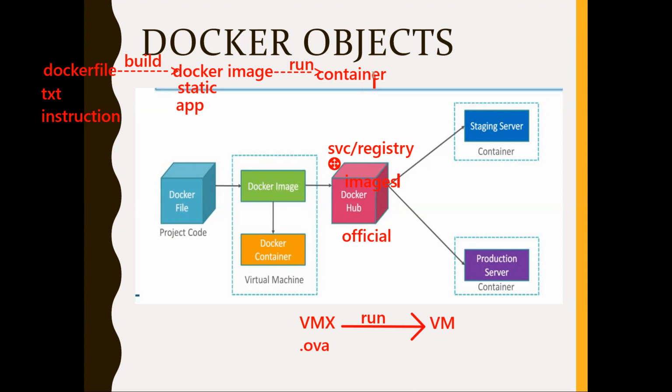Got it, all of you? So this is the formula you have to remember. From Dockerfile, you'll get an image. From image, you'll get a container. How will be answered in the next couple of classes.